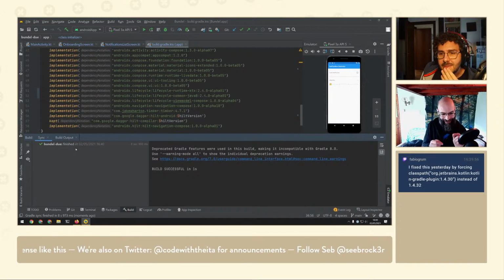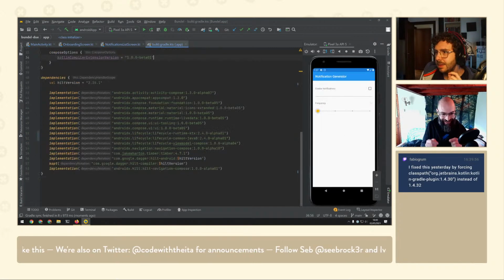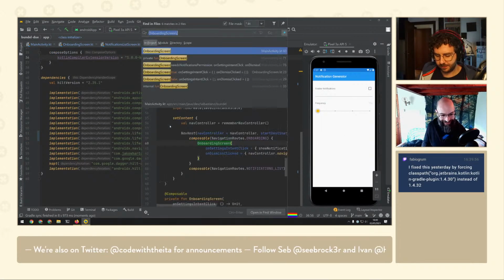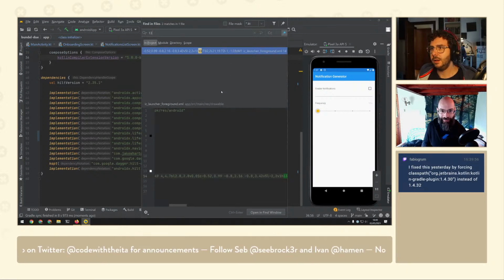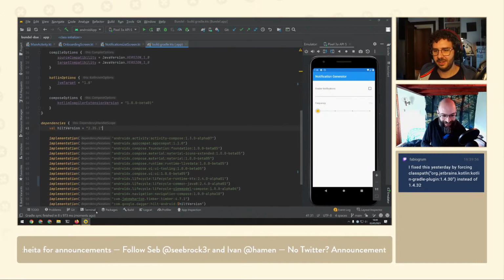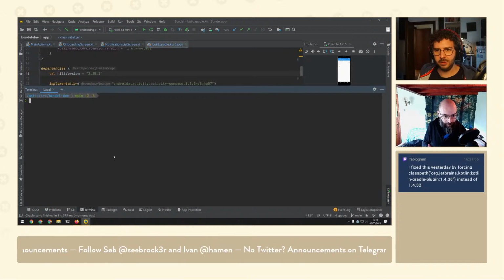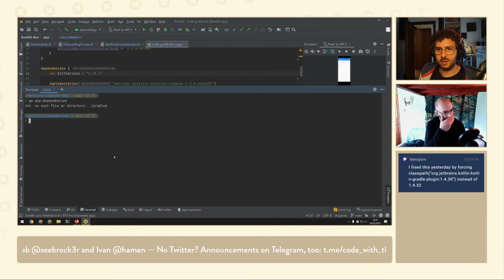Can you search if we have a version alpha 13 or something in the files? I'll check for 13. Nope. No. Well, that's a long shot. It's a small code base, and I know we don't have any 13 anywhere, so I don't know. What I can do is Google this and try and figure out